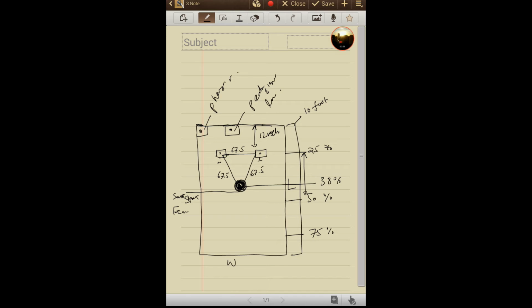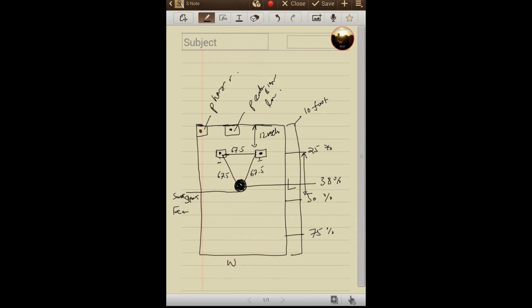What you can do is place a mirror on both tweeters, like right here. If you can see your head or your face in both the mirrors from your sitting position, then you have done the placement correctly. The tweeters should be at the head height